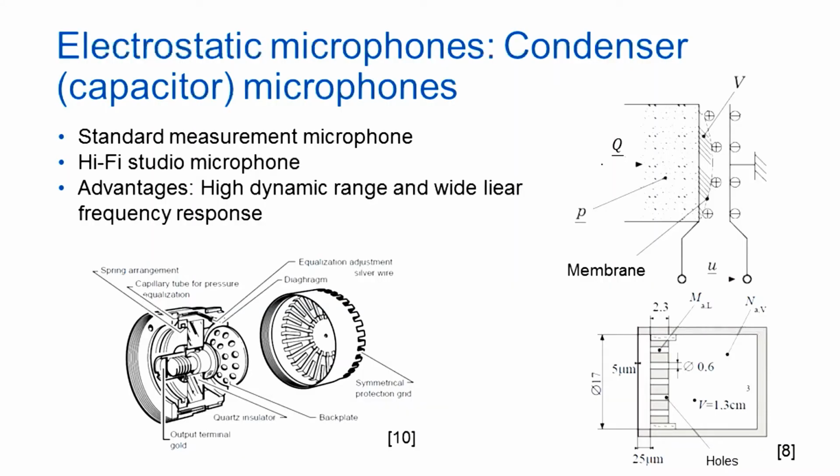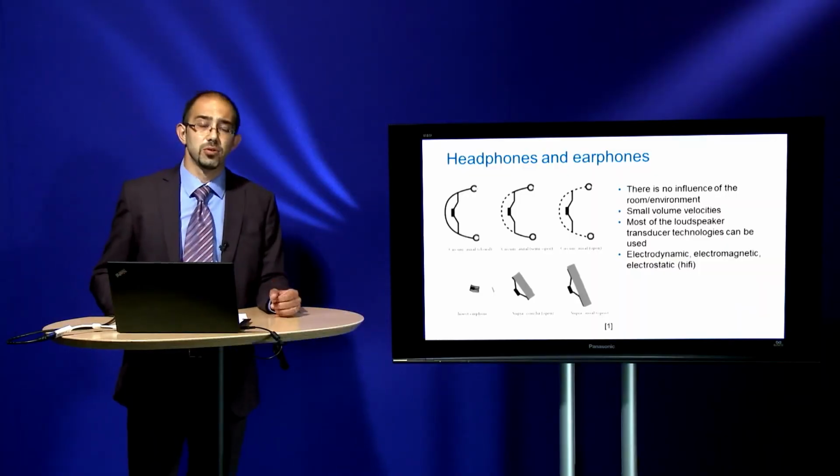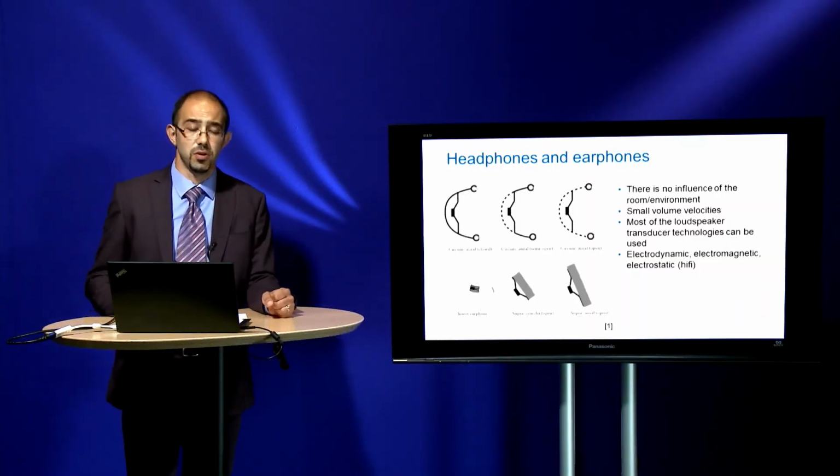In that case, the electrostatic microphone consists of a thin membrane, which we can see. At a small distance, there is a backplate, also in this picture. They are both electrically insulated from each other and form an electric capacitor, and the holes in the backplate form an acoustic resistance that serves to damp the membrane at resonance. Such technologies are also applied for headphones and earphones, but